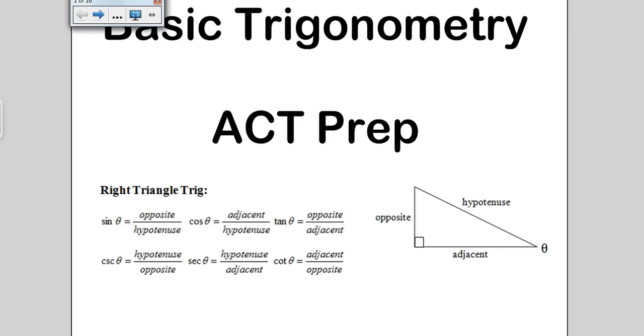Now the first 2 questions on the trig portion of the test will be about basic trig, which you might know as SOHCAHTOA and the derivatives of SOHCAHTOA. So the first thing I have written on your notes are the formulas for sine, cosine, and tangent. And then we also have the formulas for cosecant, secant, and cotangent, which are the reciprocal functions of those. So moving along,